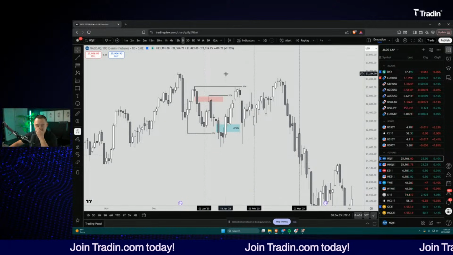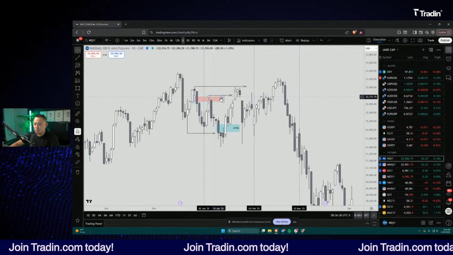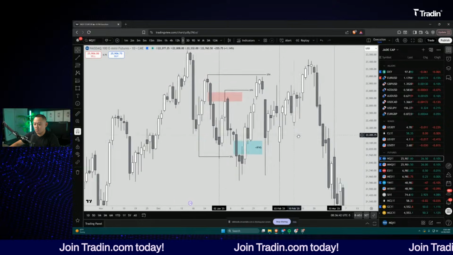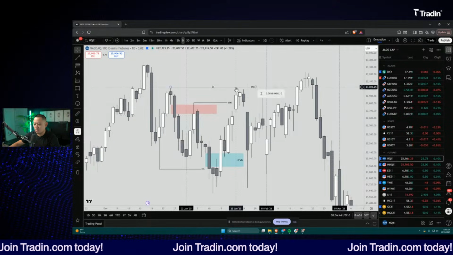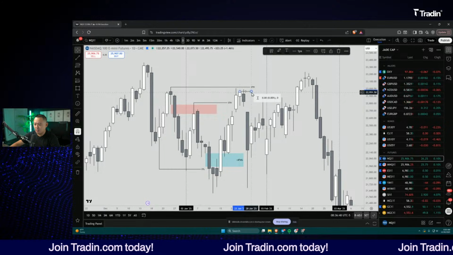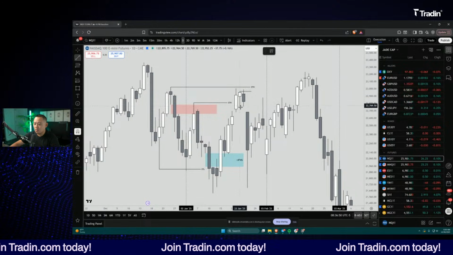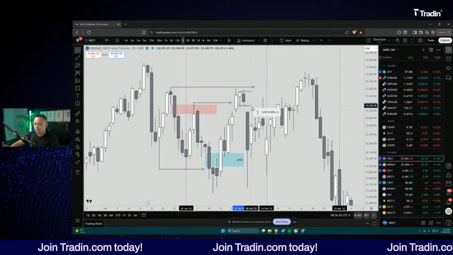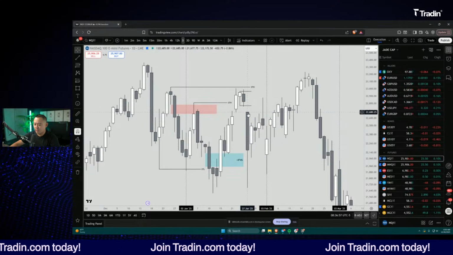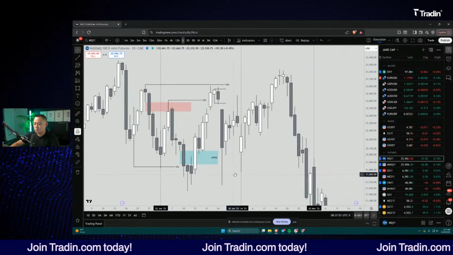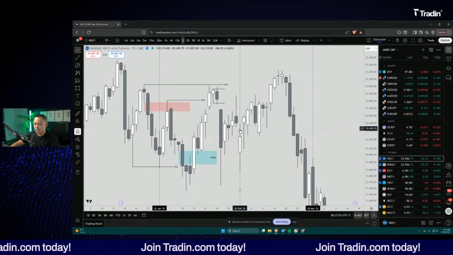So we take out this liquidity, and then we get a bearish engulfing candle here, which I haven't been mentioning, the engulfing candles. But this candle is an engulfing candle because we take out the high and the low, and it closes bearish. You guys can see on the rollover, this market gaps down and flushes out a lot of the long positions, and then it just goes sideways into the end of the month.